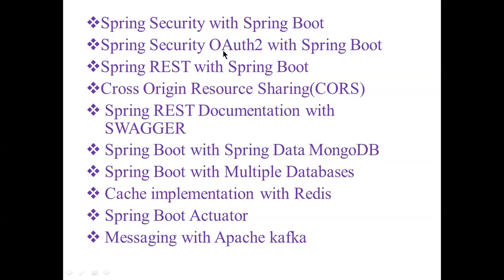In this OAuth 2 implementation, there are different ways to get access tokens. There are 5 ways of getting access tokens. All those different ways of getting an access token will be covered as part of this OAuth 2. And just for explaining OAuth 2, we are going to take more time.